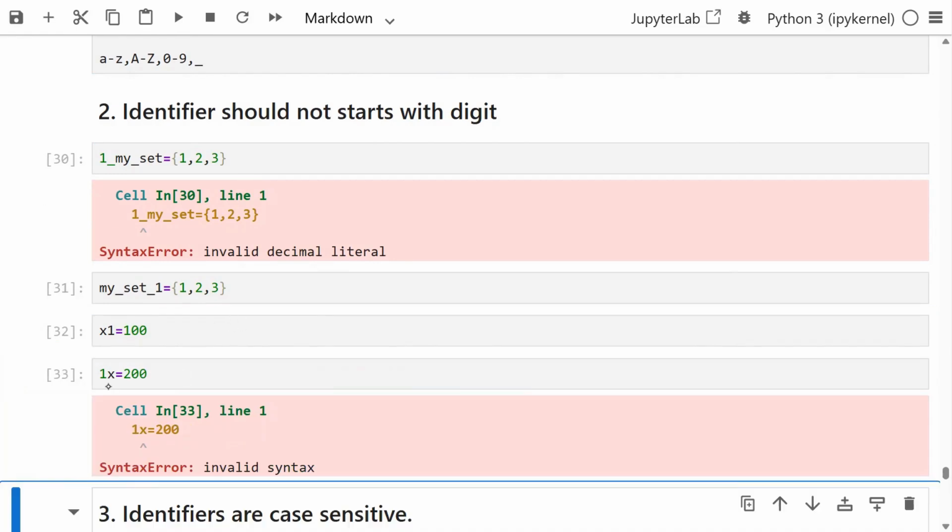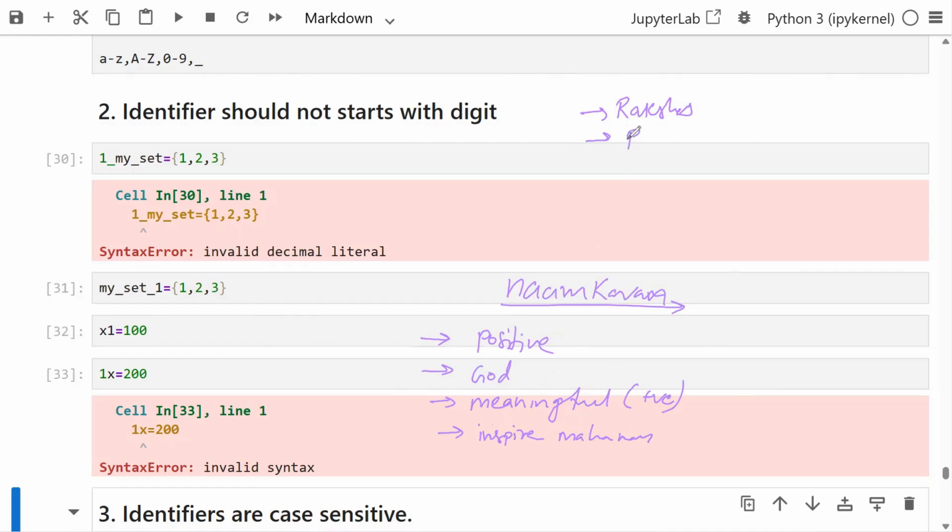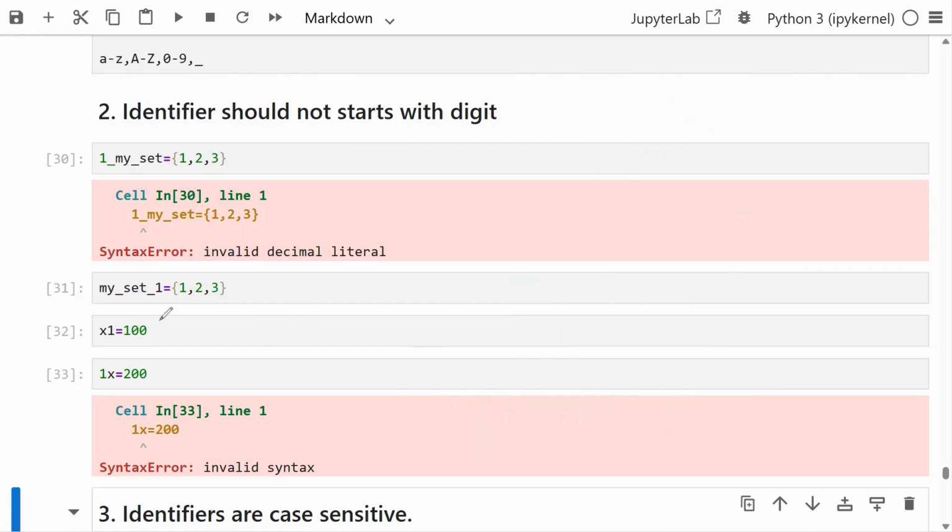सो दिस इज नथिंग बट रूल्स। अभी हमें कोई न्यू बेबी का नाम रखना है, सो नामकरण करते हैं ना हम लोग। सो नामकरण के लिए मतलब नाम कैसे रखते हैं हम लोग? सुटेबल रखते हैं। सो एक तो पॉजिटिव होना चाहिए नाम, या फिर कोई भगवान का नाम। ओके, गॉड, रिलीजियस। कैसे नाम रखते हैं हम लोग? मीनिंगफुल, वो भी पॉजिटिव वाला। ठीक है। कोई इंस्पायर, इंस्पायर हुआ मतलब महानायक होना चाहिए। ऐसे कुछ रूल्स है। किसी लड़के का नाम कोई राक्षस रख सकता है क्या? नहीं रखेंगे हम लोग। किसी का भी नाम रावण रखेंगे क्या हम लोग? नहीं रखेंगे, जो नेगेटिव वाले हैं वो नहीं रखते हम लोग, इट इम्पैक्ट।